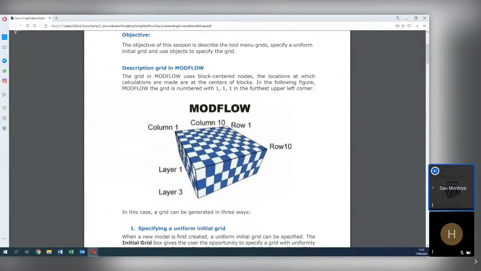So when we are working with a groundwater model, we are working with an array of rows and columns that are translated into a space and into a coordinate. But in the end, what we are dealing with is an array of rows, columns and layers. The origin of the rows, columns and layers is this point, while on the geospatial analysis it is this point. You have to keep that in mind.